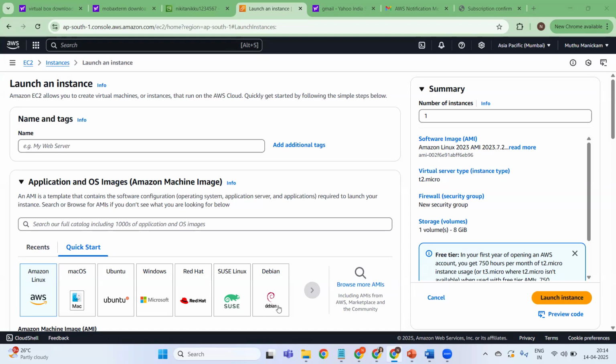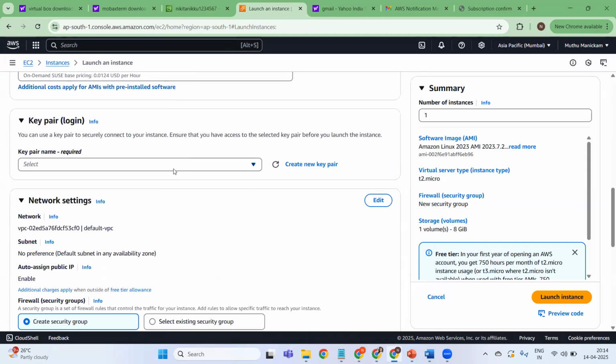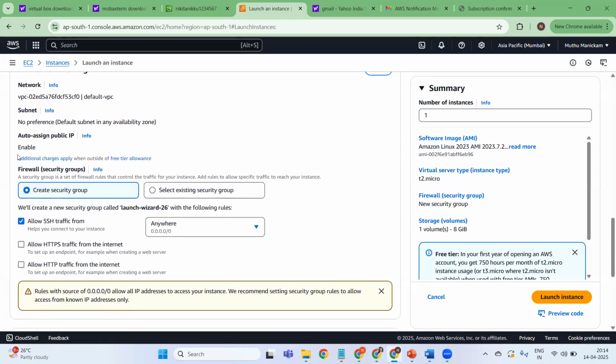Did I tell you how to attach your EBS volume with your EC2 instance? No. We just discussed the EBS volume, nothing like attaching it. Okay, fine. So let's create one EC2 instance, and here we will take